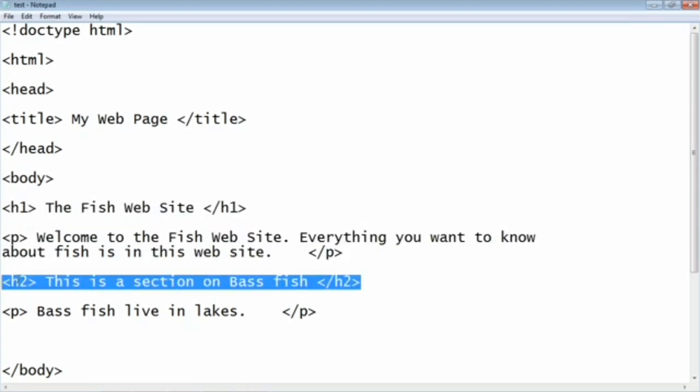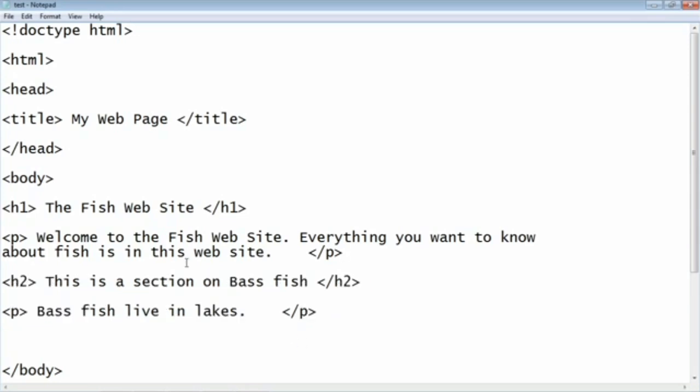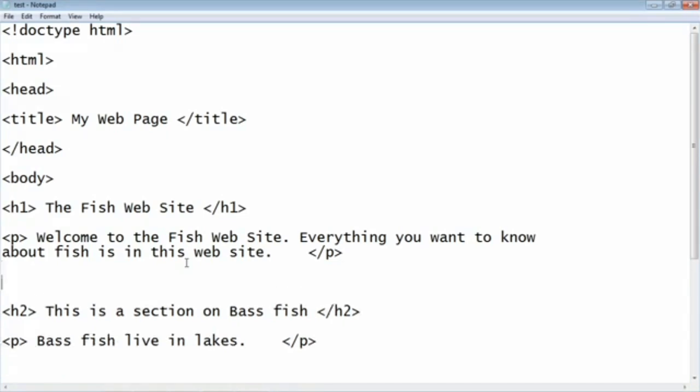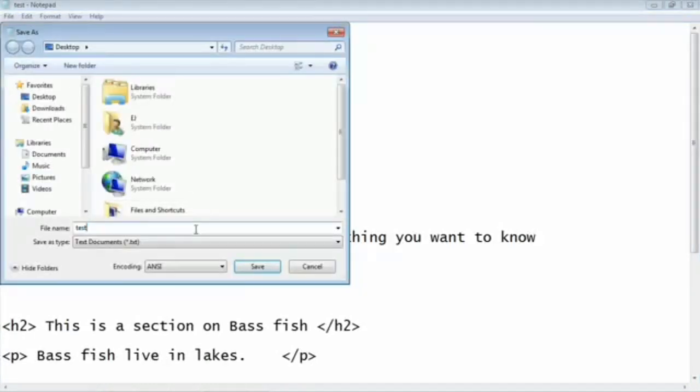And this was the second section that we used the H2 header tag to identify. And then we had another paragraph right here. So what I want you to do is go ahead and hit enter 3 times, and that should give us the space between our sections. So 1, 2, 3. And then I want you to hit Save As, and we're going to save this as